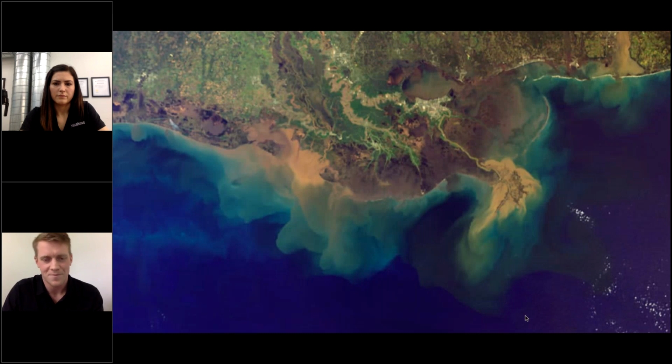So a few more points on water analysis. What we're looking at here is the Gulf of Mexico, and we're looking at where the Mississippi River drains into the Gulf of Mexico. And you're seeing all these plumes of stuff that's happening in the water, kind of the turquoise color, and that's actually harmful algae bloom that's occurring. And so what's actually happening here is